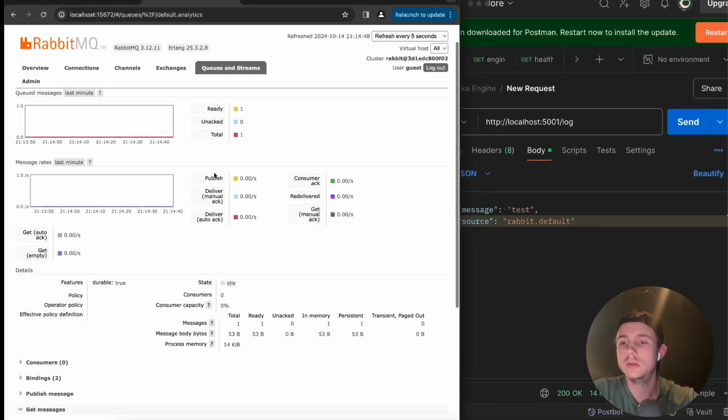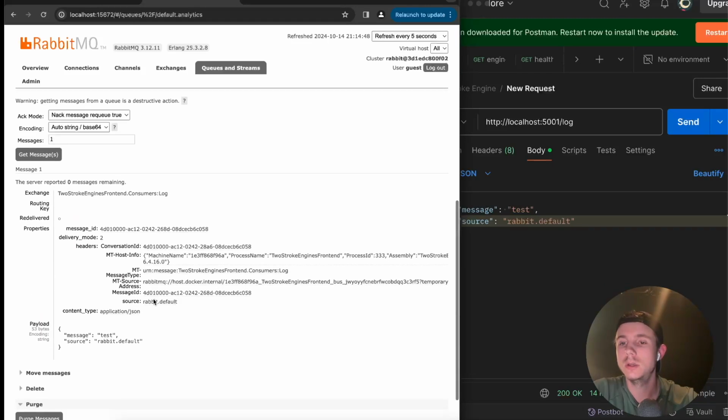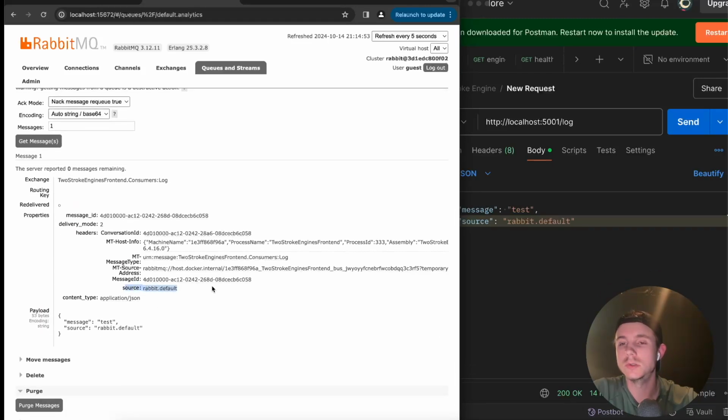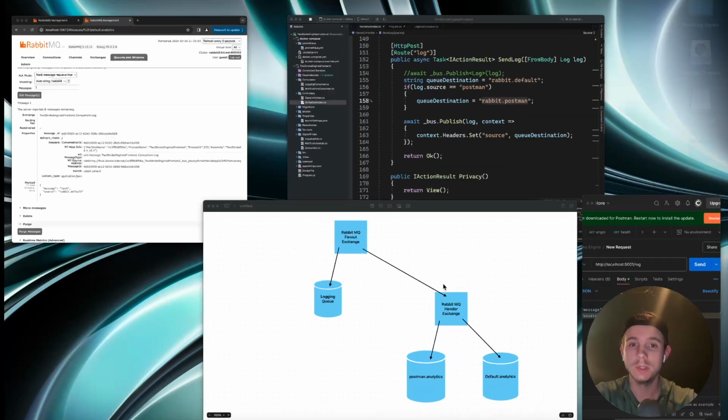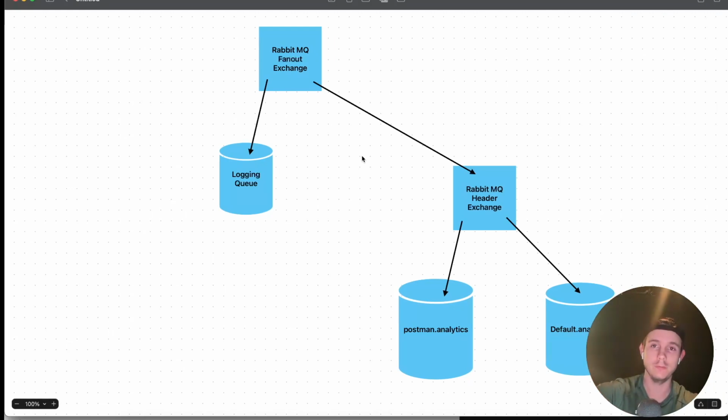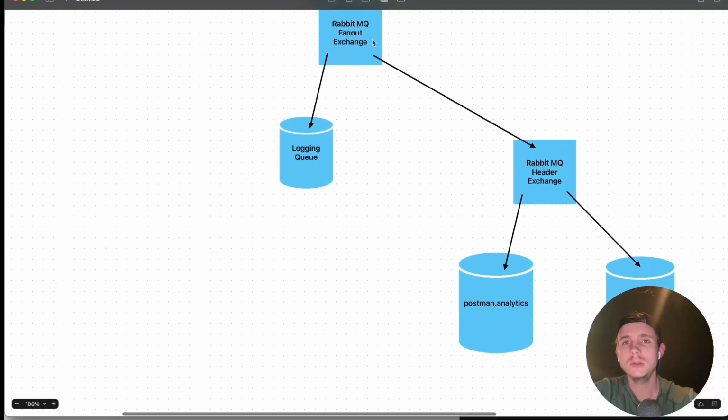And there it is. So let's go ahead and get the message, and you can see that that's the source. So it's very, very powerful. And the reason why this is so powerful, and the reason why I have it set up like this with the fan out exchange routing down to your logging queue and then having another exchange where the message gets routed to as well is because you can basically add,